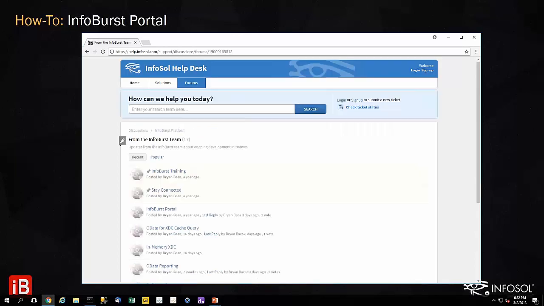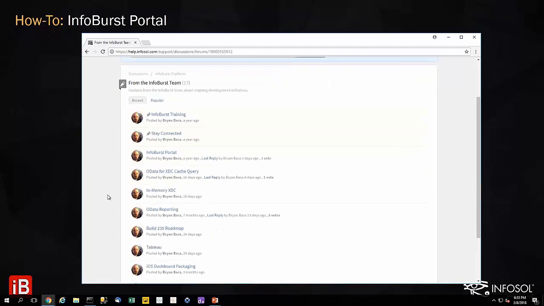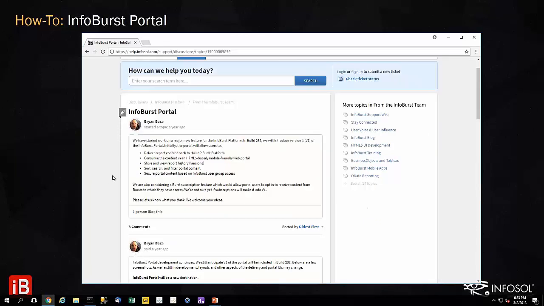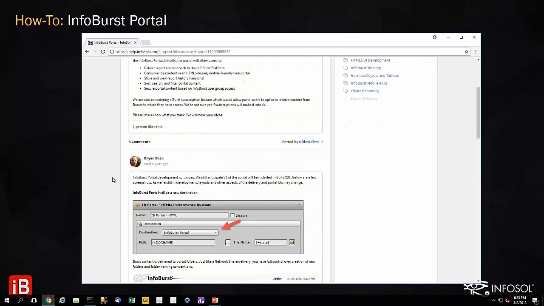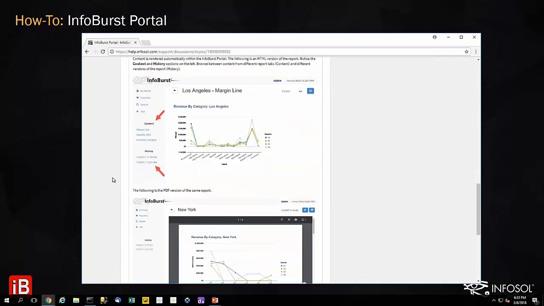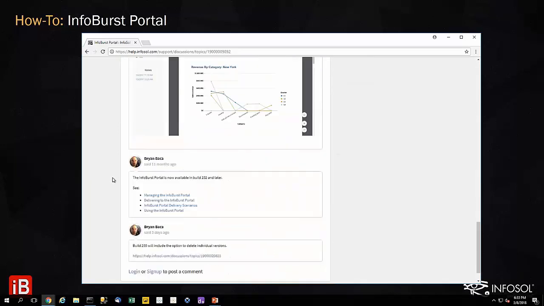So if we go in here, there is a forum dedicated to the portal. And here you'll find from inception, right, this is when we first started thinking about the portal, we will try to share this information with you, how these features are developing, you know, how we're incorporating your feedback. So I encourage you to come in here and read this forum,